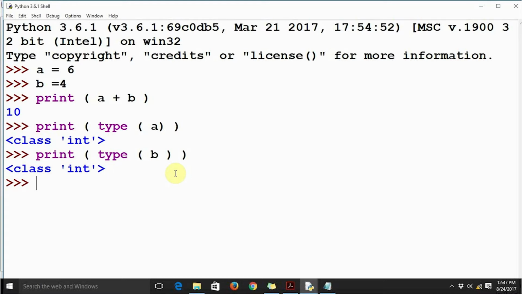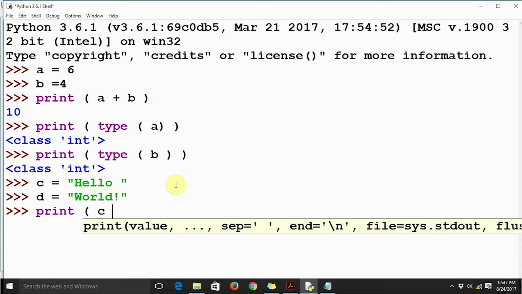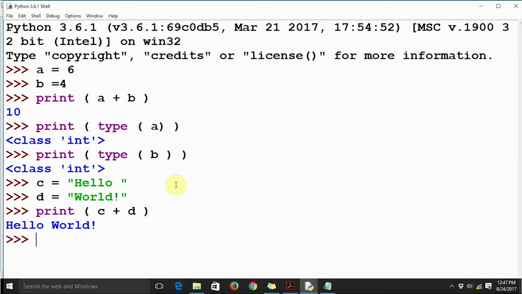Suppose there are two other variables. I say c equal to "hello ", with a space, and d equal to "world". If I print c plus d, it must print hello world. Now this prints hello world. You know that c and d are strings.